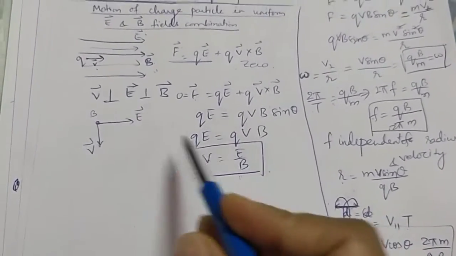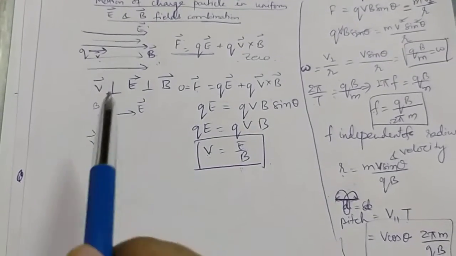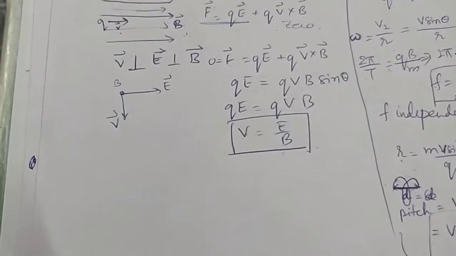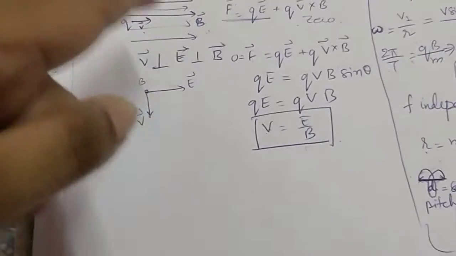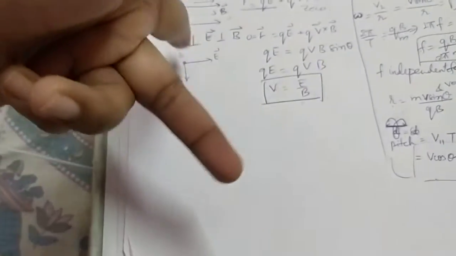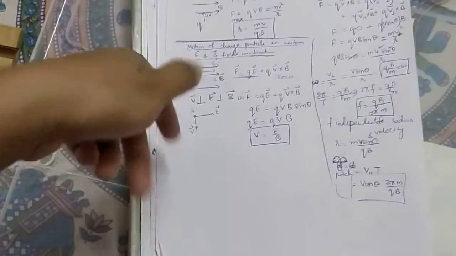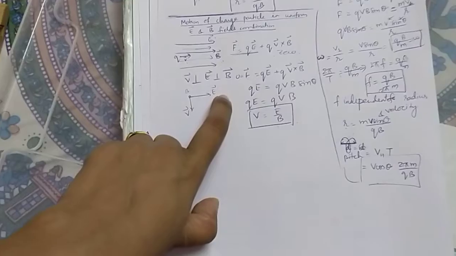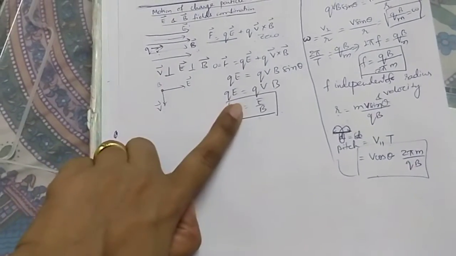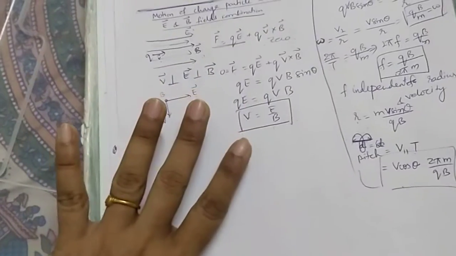Okay, so now here I took a case where magnetic field was outward. So I can also take a case where magnetic field is inward, which is also a condition of all three being mutually perpendicular to each other. But you see, if magnetic field is inward, then my thumb is pointing in the direction of electric field. That means in that case my electric force and the magnetic Lorentz force, they both will be in the same direction, they will not cancel each other.